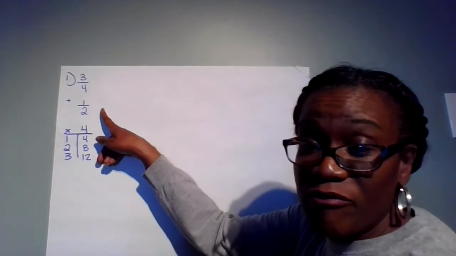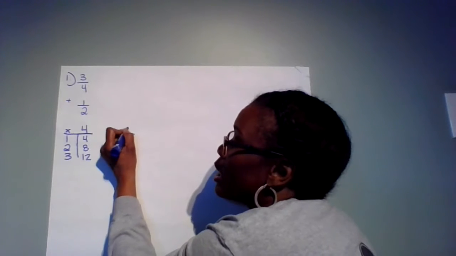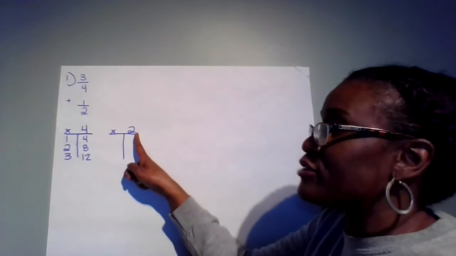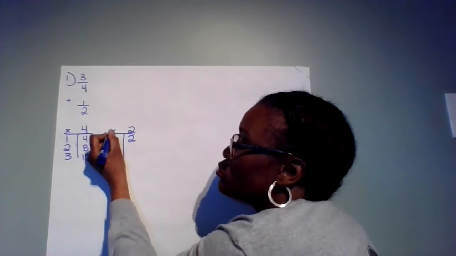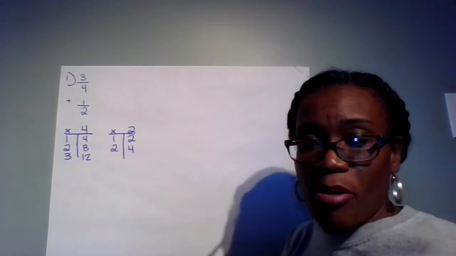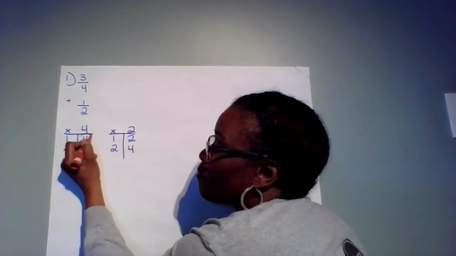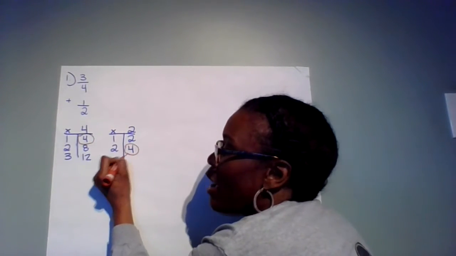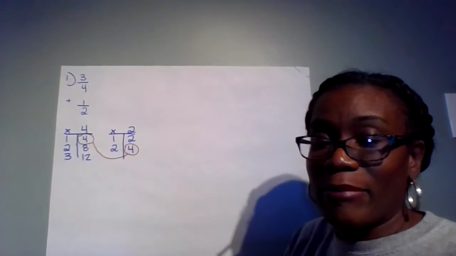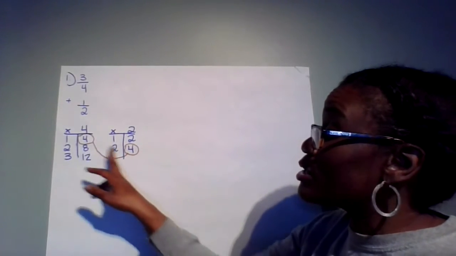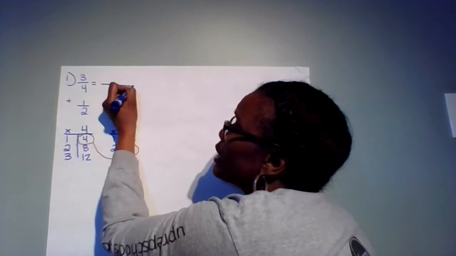I'm going to do the same factor tree for 1/2. So because my denominator is 2, I'm going to make my factor tree with 2. And 1 times 2 is 2. And 2 times 2 is 4. And we can pause right here because as soon as you see where you have the same answer, that's going to become your least common denominator. And so we're going to take the number 4